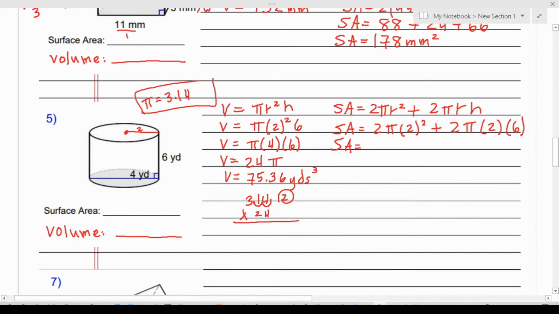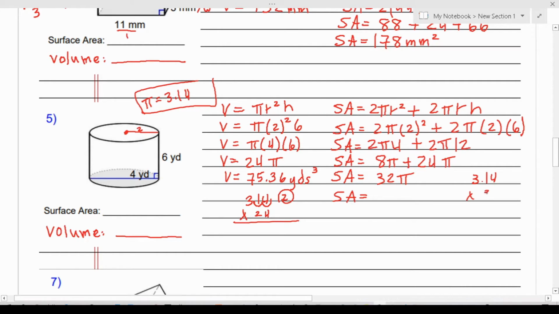Let's work this out, and I'm not going to skip any steps as I do this. This is 2 pi. 2 squared is 4 plus 2 pi. 2 times 6 is going to be 12. All right, let's simplify this by multiplying 2 and 4, which is going to be 8 pi plus 2 times 12, which is going to be 24 pi. 8 pi and 24 pi are like terms, so we can add them together. 8 and 24 is going to be 32 pi. And as we did over here, we can't leave pi in our answer more often than not. So we're going to have to do